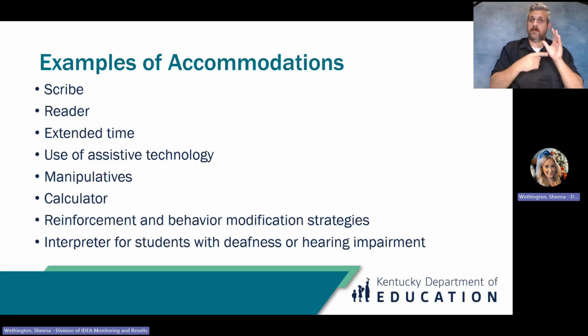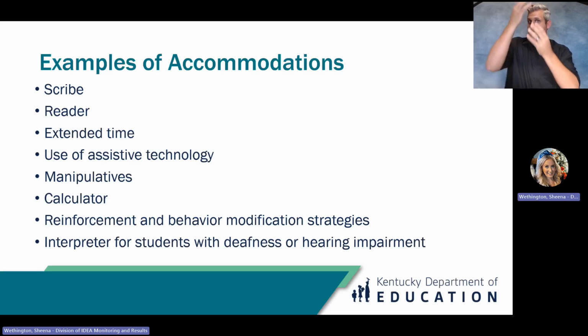Some examples of accommodations available to students with disabilities participating in the regular state assessment, the Kentucky Summative Assessment, or KSA, include a scribe, which is a person who records what the student dictates word for word, including format, capitalization, and punctuation. There's a reader who reads the directions, prompts, situations, and passages as written,